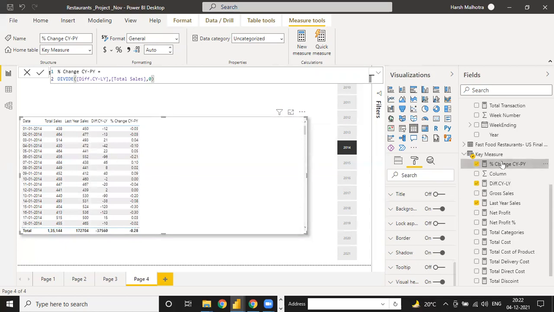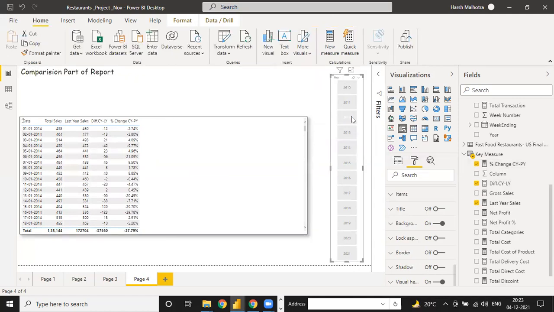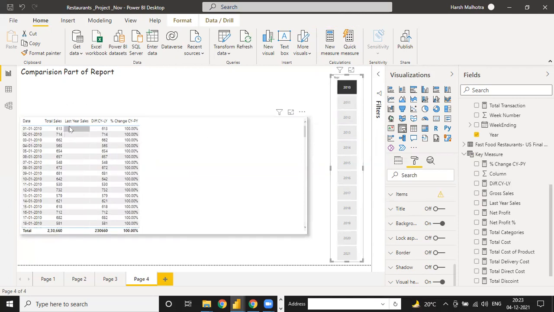See, go to this percentage, and now it will give you the complete percentage day by day. See, 2.7, 2.80, and it is not for one year. If you click on 2012, it is changing. If you click on 2011, it is changing. Same way, if you click on 2010, it is not, because you don't have any sales for 2009.